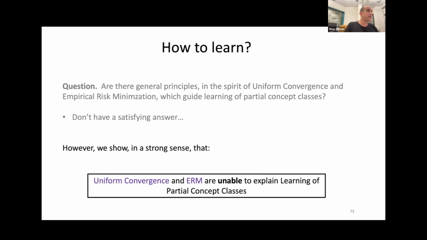So in some sense, this PAC theory of partial classes resembles what we see in practice, that uniform convergence and ERM are not sufficient. There are problems that are learnable but cannot be learned by empirical risk minimizers. This is what we will show soon. But you have a learning algorithm, so in some sense it is a satisfying answer. Maybe it is not encapsulated in one sentence, but there is an answer. Yes, but we seek an answer that will be constructive, right?